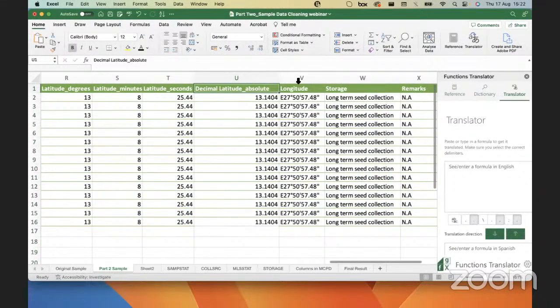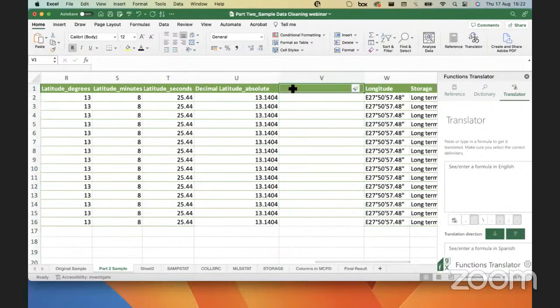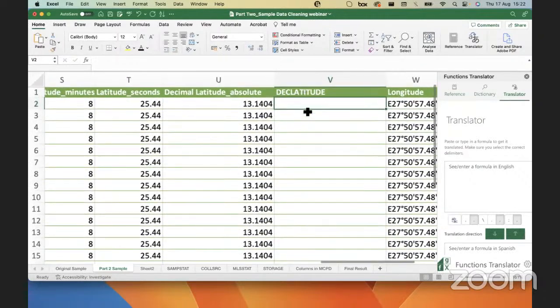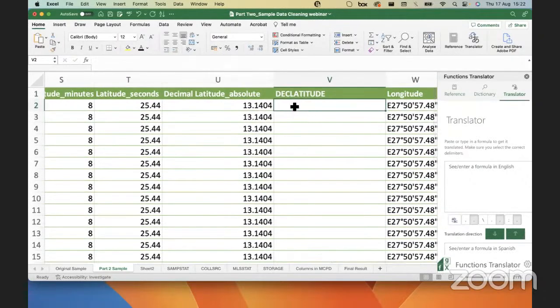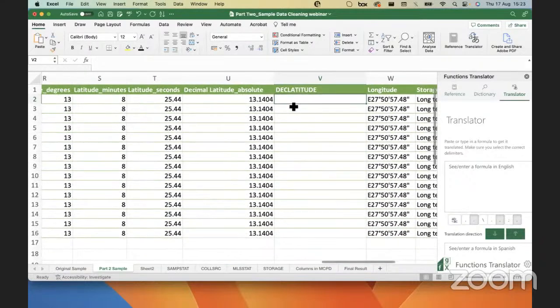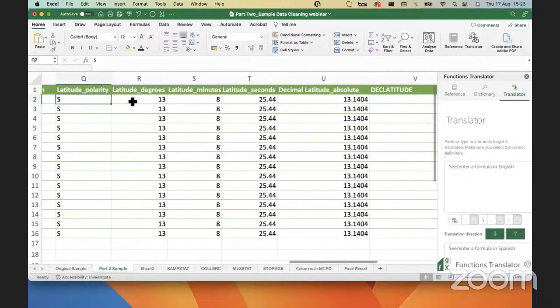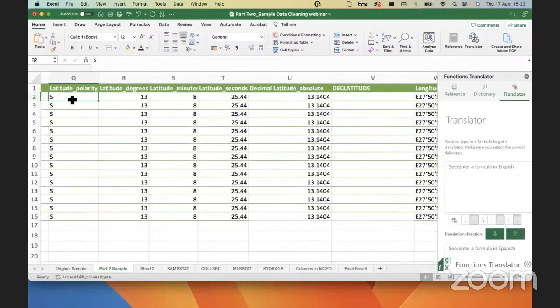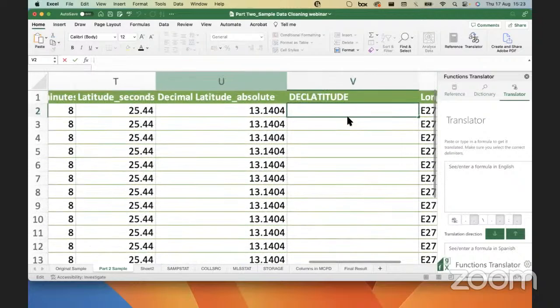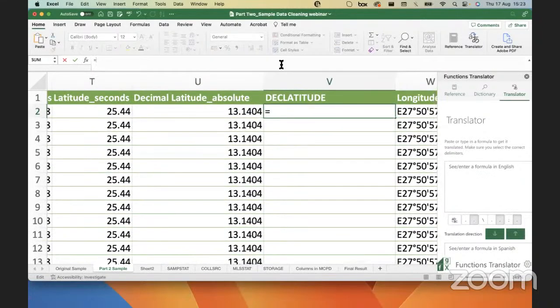So I will add a column that would be my final decimal latitude as it is spelled out in the MCPD standard. And I want to use an if function to say, if my latitude polarity is south, then this should be negative. And if my latitude polarity is north, then this should be positive. So that's an if function. So the if function, you start it up by typing equals if,